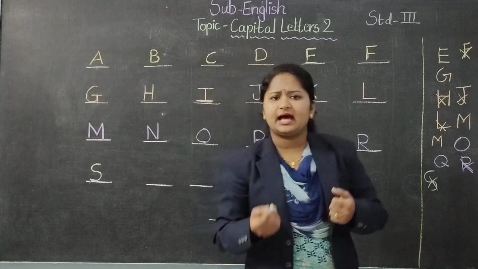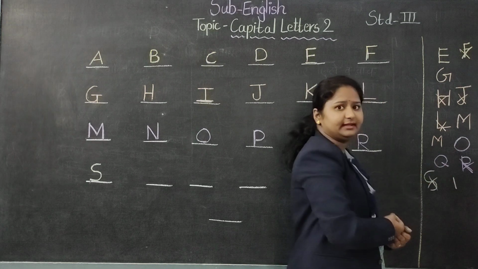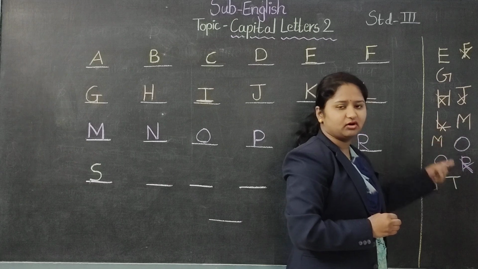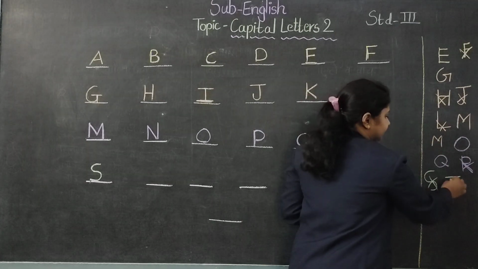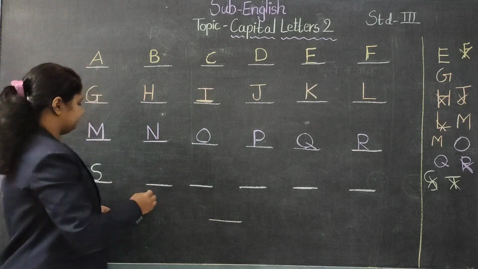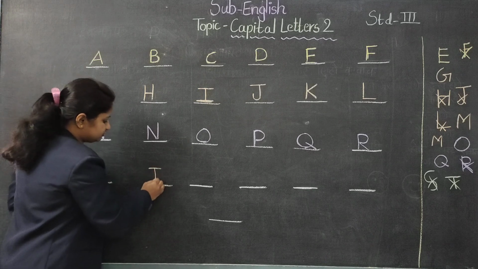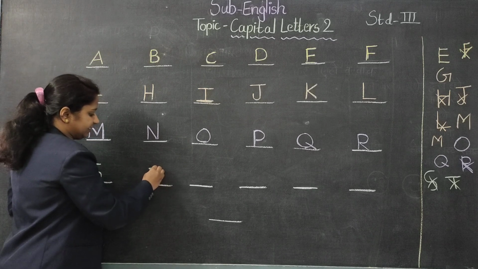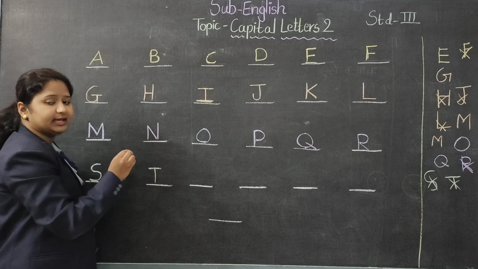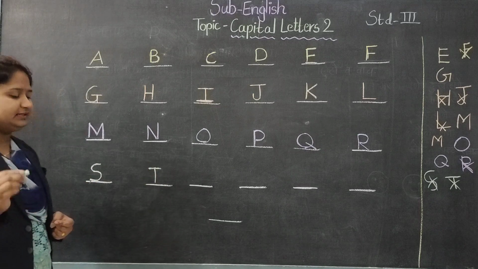Many of the students, how they write T, what they do, they first make the standing line and then the sleeping line, but this is the wrong way. These are the wrong steps for writing letter T. So what we will do, we will make T in proper steps, like C: one sleeping line and one standing line. First we have to make a sleeping line and then one standing line, and we are done with the letter T.